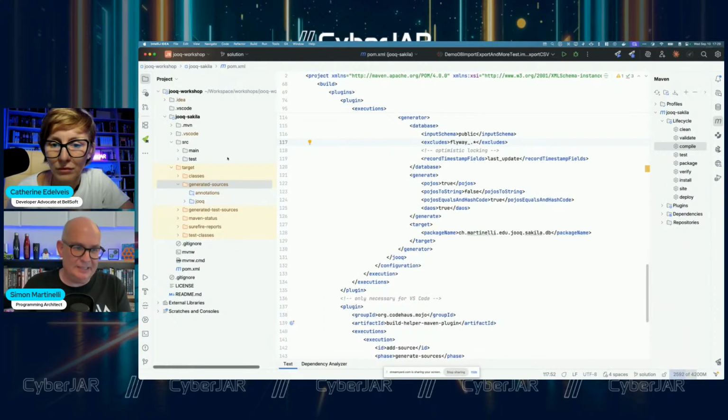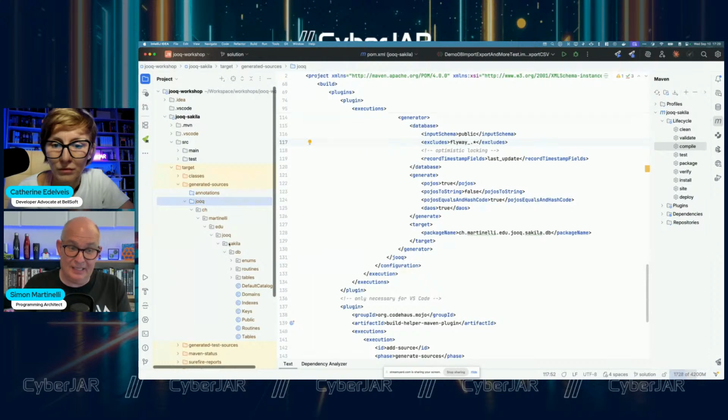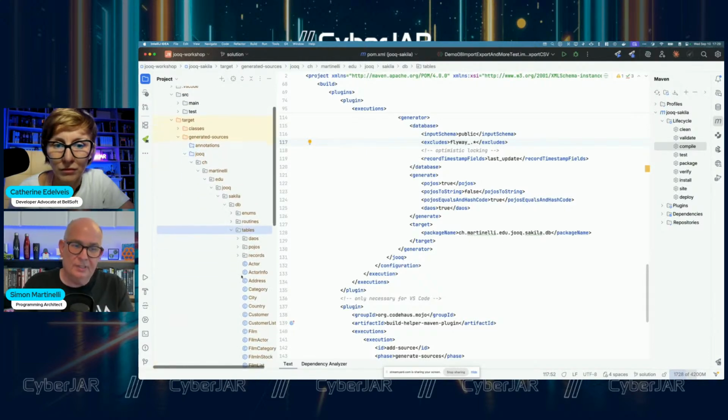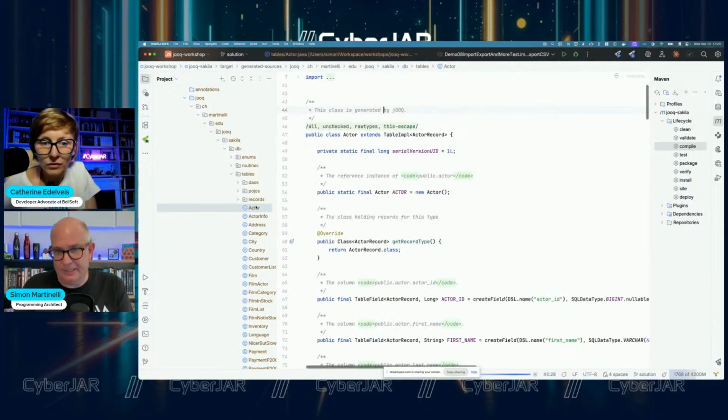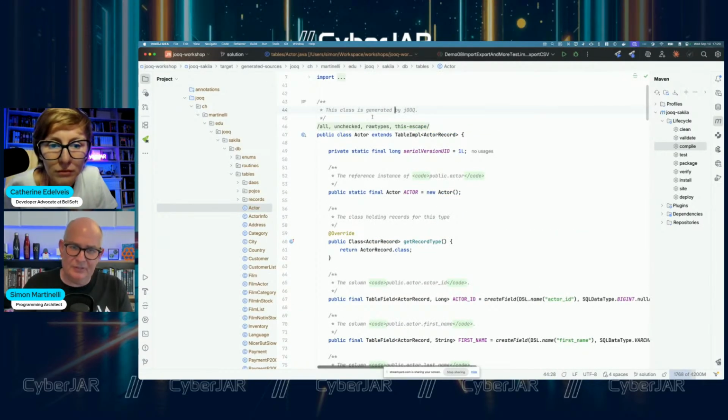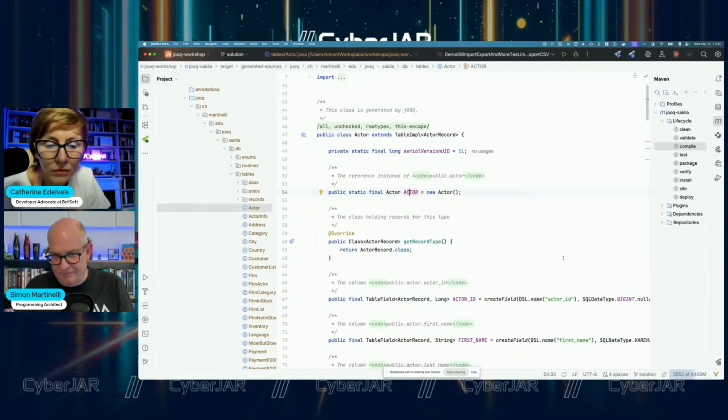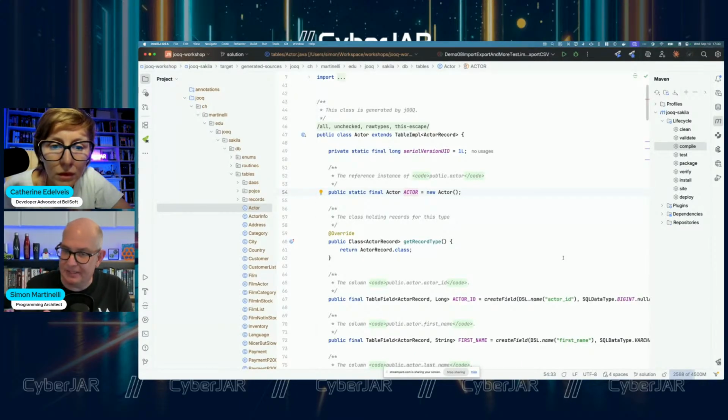It generates a meta model, as I said, similar to what we have from JPA, but it's a bit different. So if you look at the actor table, for example, we see that we have in this class a few constants. So you get constants, for example, for the table name, you get the constant for the column names, and that will be the thing that you will then later use in the queries. We will see a query in a minute.